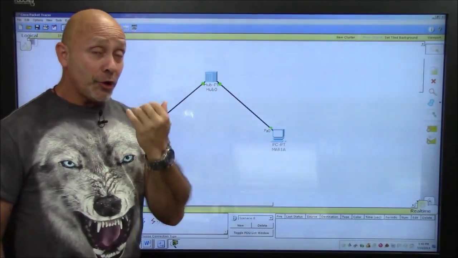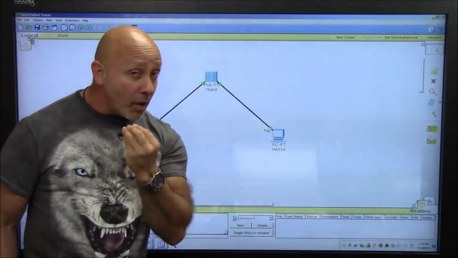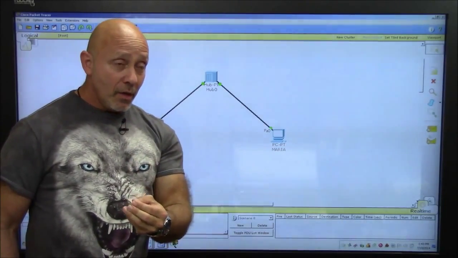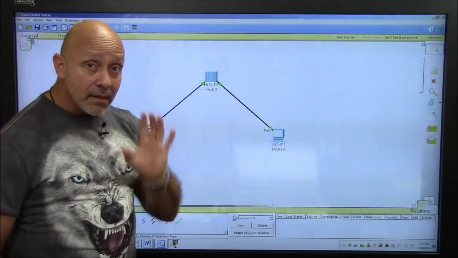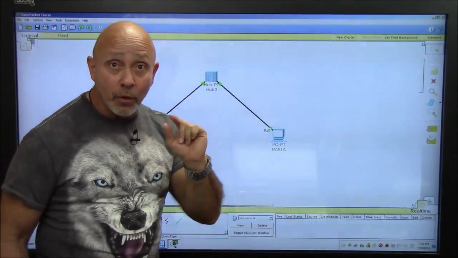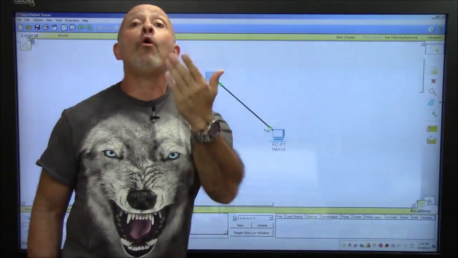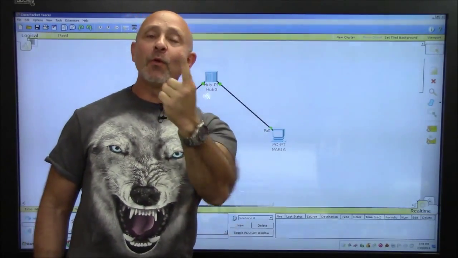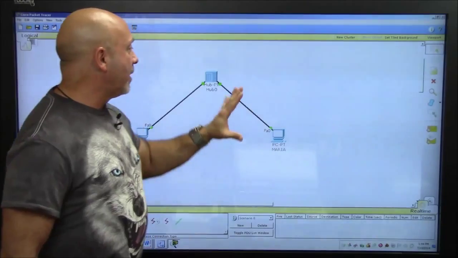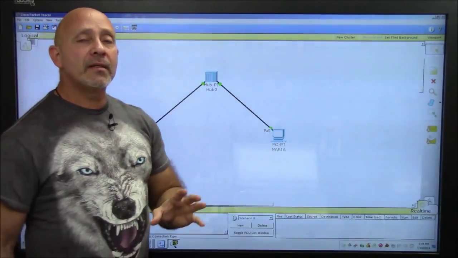Think about it. You're sharing the bandwidth across all ports. You have to wait to see if there's anybody transmitting in order for you to transmit. And you can only send or receive because you're using one pair of wires. So definitely this would be chaos. I always use the example of a hub